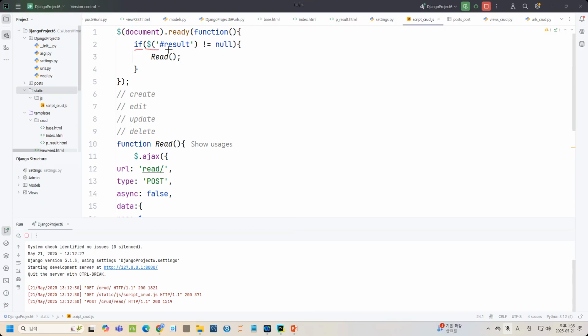First, I want to check, with jQuery, this is how to indicate the element in the web. So let's check the ID result. So this is ID, and the ID name is results. If the ID result is not null,